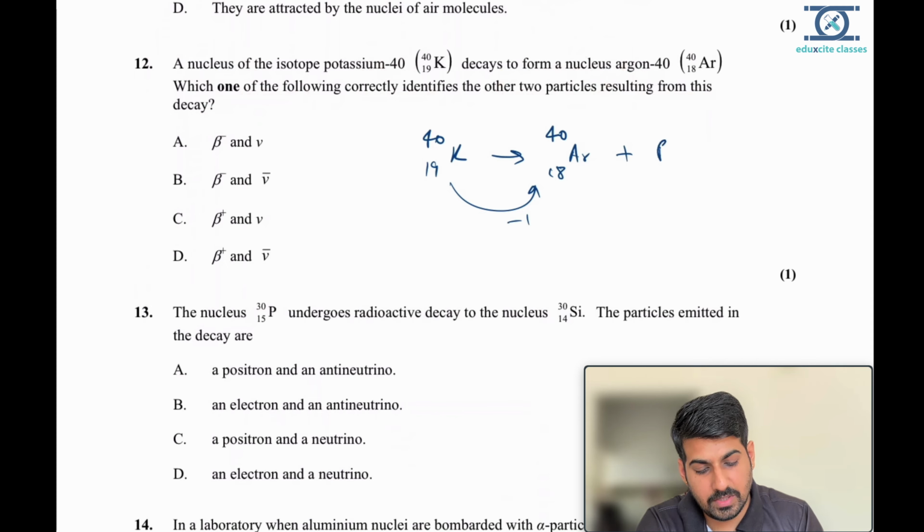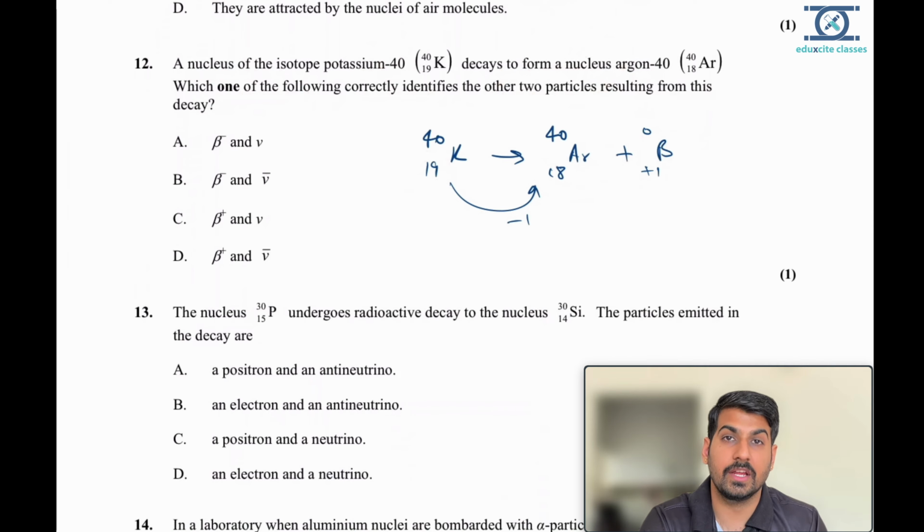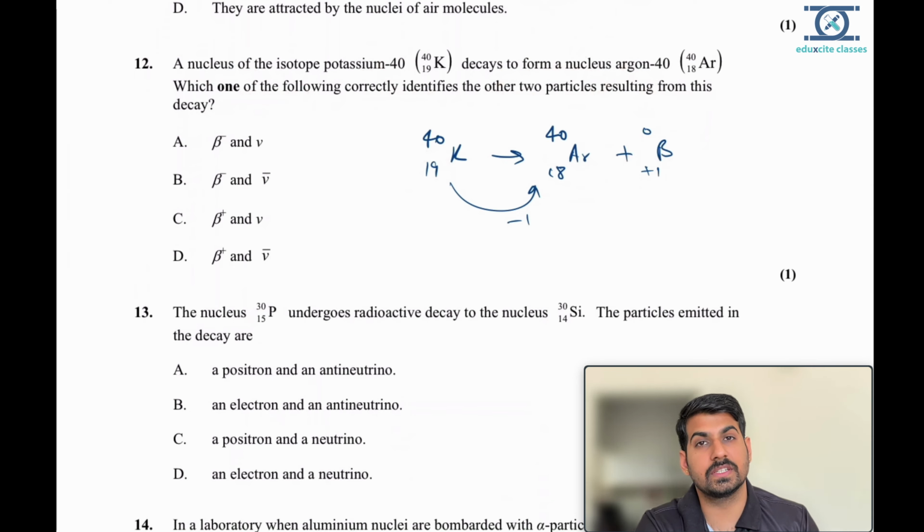So this has to be a beta +1 and this should be 0. So it should be like this only, then only the atomic number on the left hand side will balance with the right hand side. If it is not balancing, then it is not possible for that particular reaction or decay to take place, guys. The charge number, the mass number, the strangeness number, you might have heard in 7.3 about particle physics, they all are supposed to be conserved. Conserved means the right hand side should be equal to the left hand side. Okay. So here you can see it is -1, so beta plus will be there.